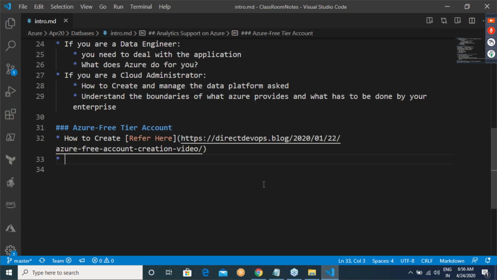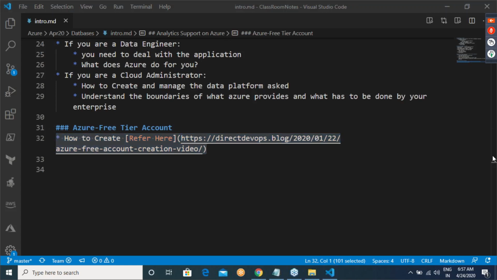So one hiccup is, you might be asked to convert your subscription. Don't worry about what these things are. We'll worry about it later. So for today, the only job of yours is to try to create an account.